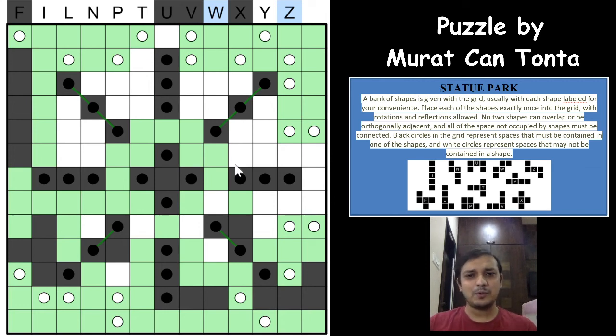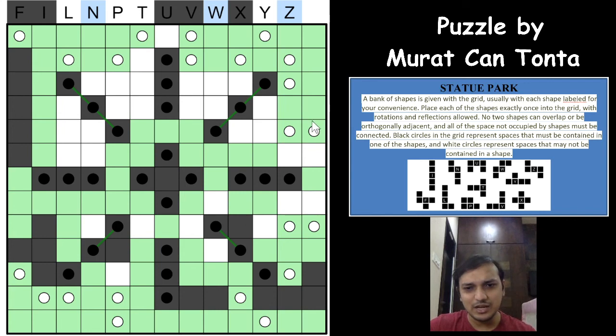The only bunch of cells forming an N pentomino is this, either this way or this way, which means that all of these cells are white. This cell is also white, and it will go this way or this way, not sure which way. And now we know that this is the N pentomino, right? And I is already done, so we can mark the I here. Now we need the L, P, T and Y, right? N is this. We need the L, P, T and Y.